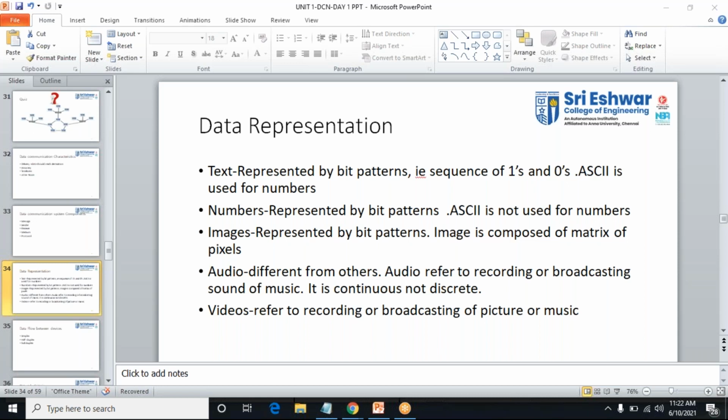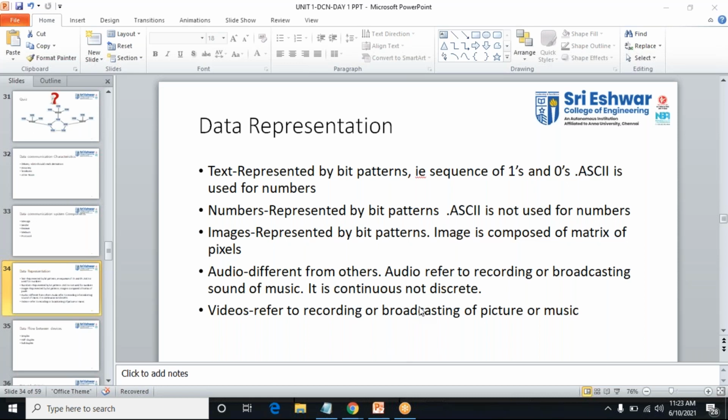So audio signals are always continuous. Then video. Video refers to recordings or broadcasting a picture or a movie. If I want to send a movie to the destination, I can use video. These are the five data representations of data communication.